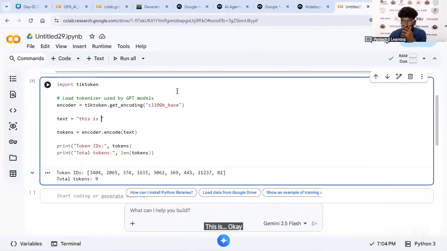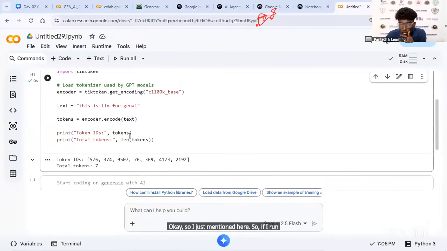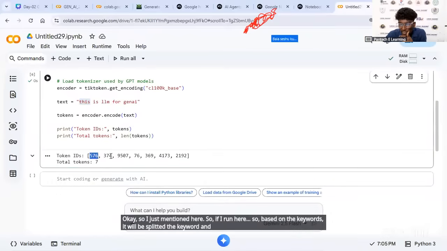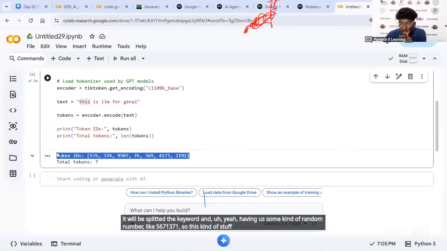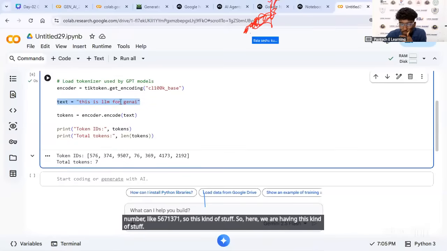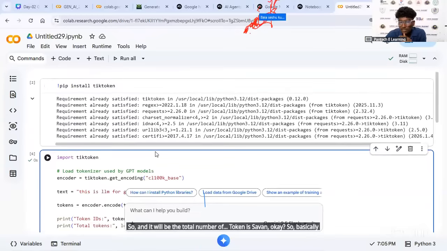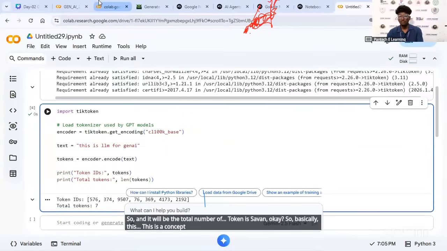When I run it, based on the keywords it splits the text and gives some numbers like 567, 367. The total number of tokens is 7. So basically this is the concept of tokenization.